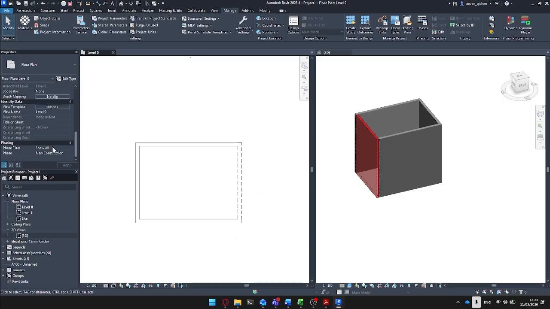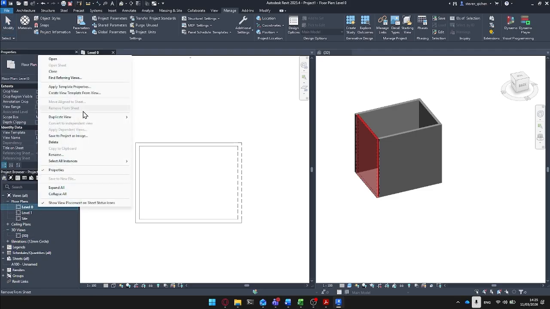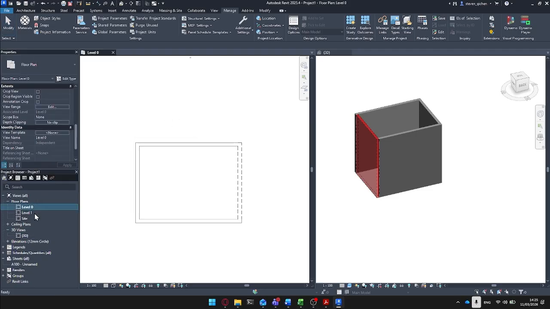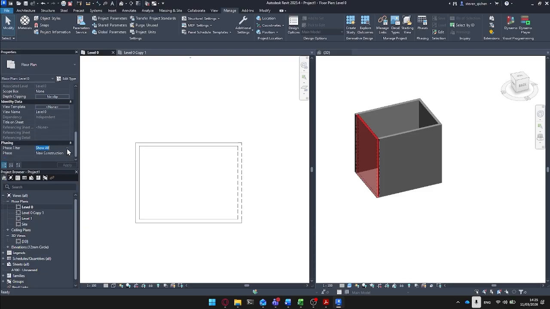Now by default, the current phase filter shows everything, but what we want is to create a duplicate of this floor plan. So we want one of these floor plans to show